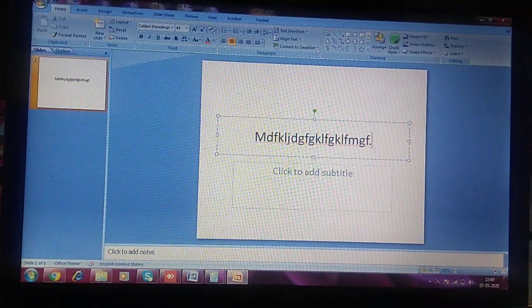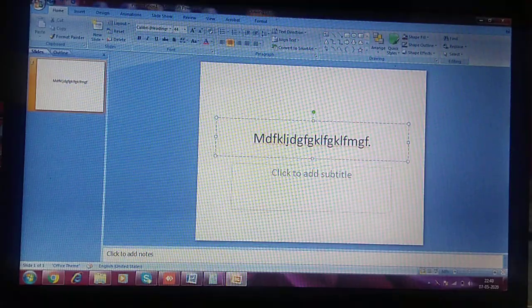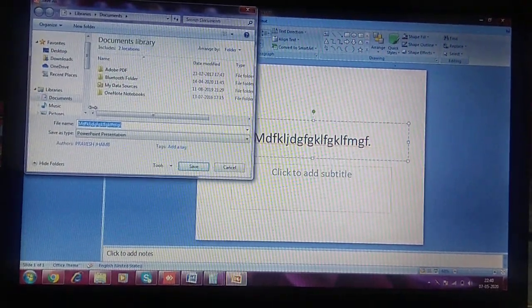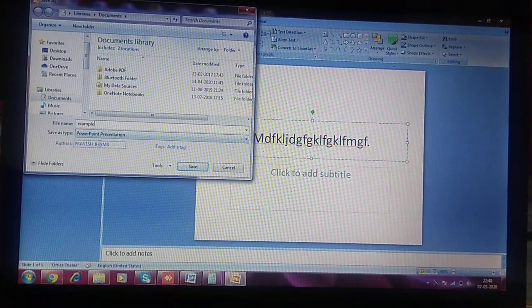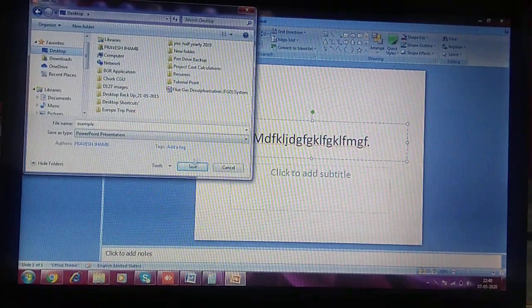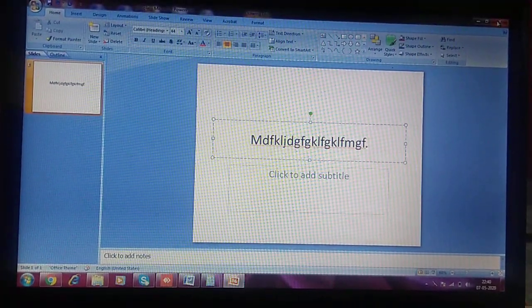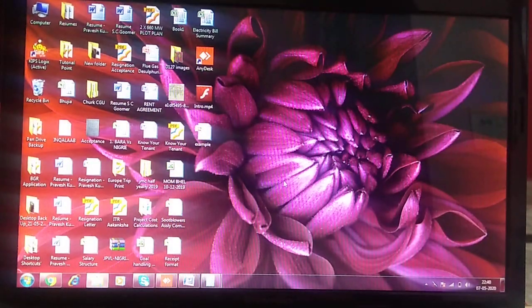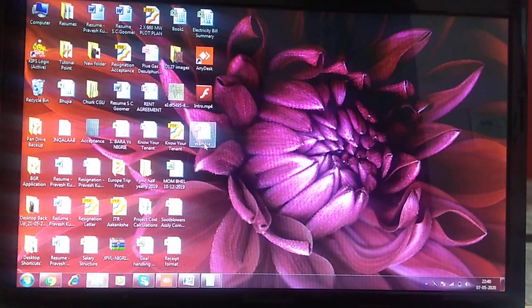I have written something here and I am saving this file, giving the file name "example", and storing it on the desktop. Now go to the desktop. So here the file is "example", and this file we made in PowerPoint.